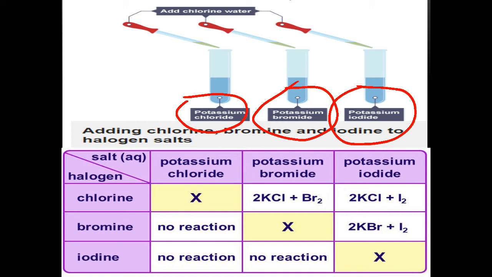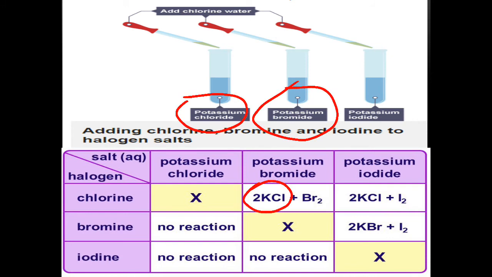If the color is changing, it means the reaction is progressing, and if we are not able to trace any color change, we will say no reaction is going on. So we see the chlorine will be the same in the first case. We will not be getting any color change. But when chlorine reacts with potassium bromide, yes, the reaction is possible because chlorine is replacing bromine from its compound and making its own compound.